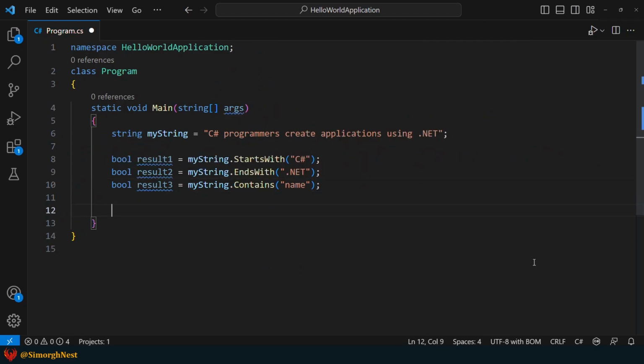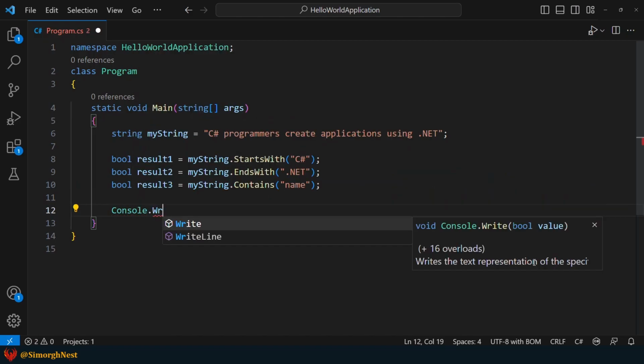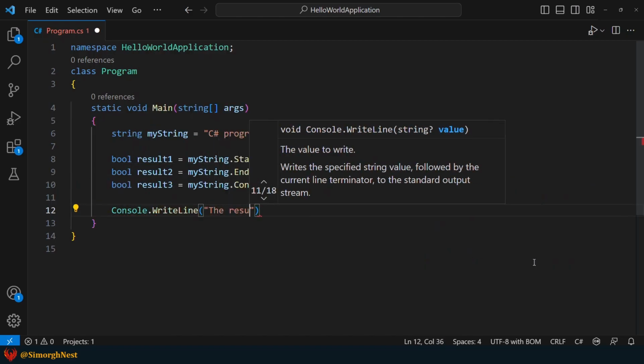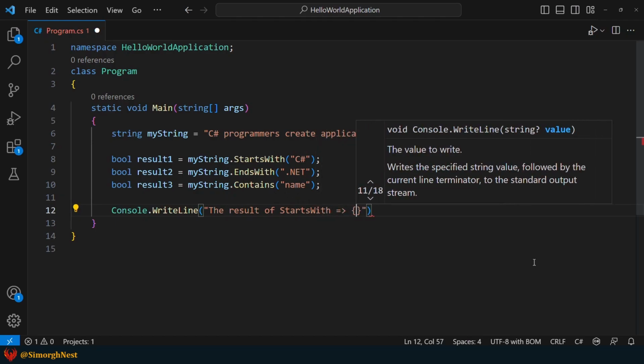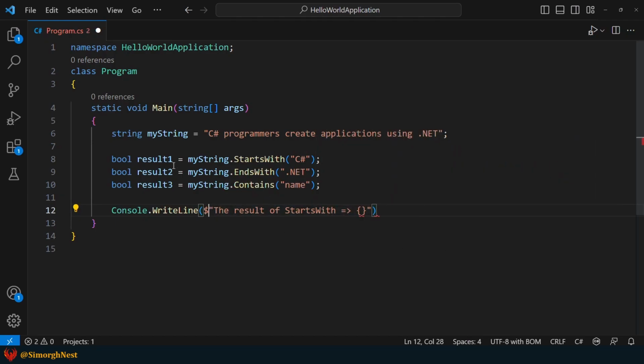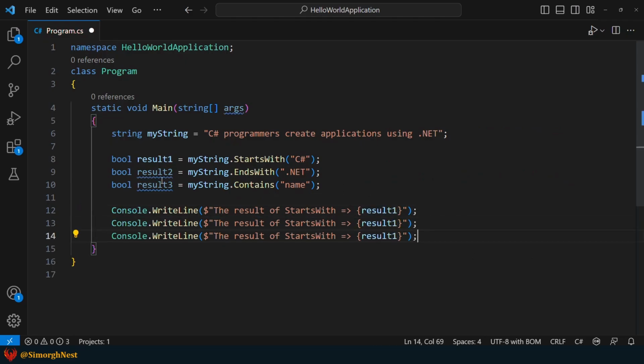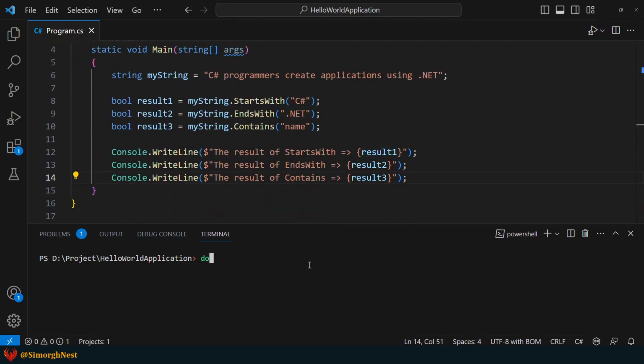Now let's display the results in the terminal. Finally, let's run the application to see what happens.